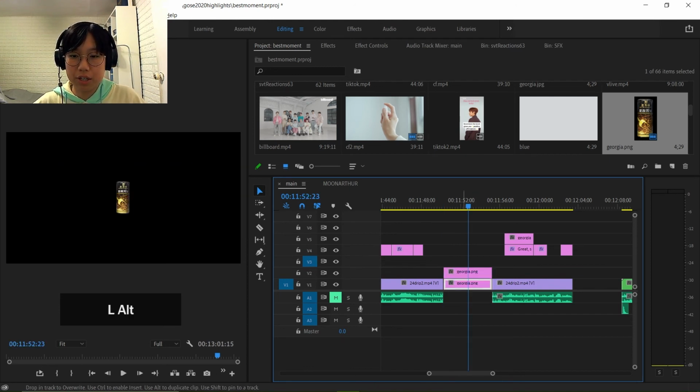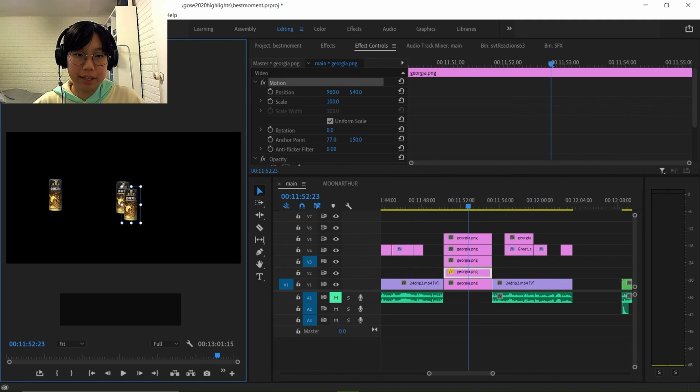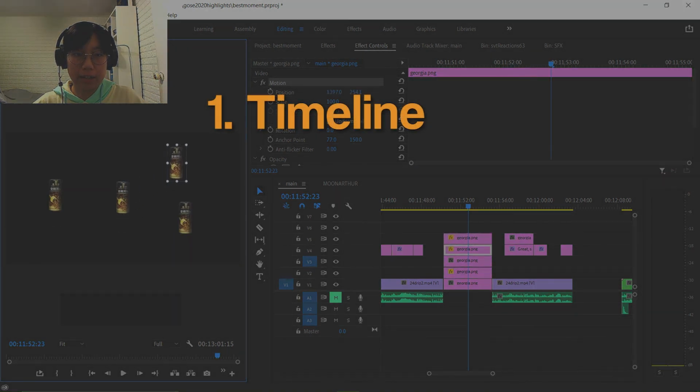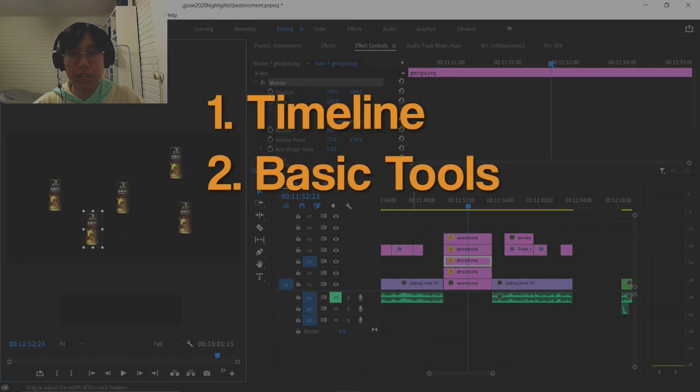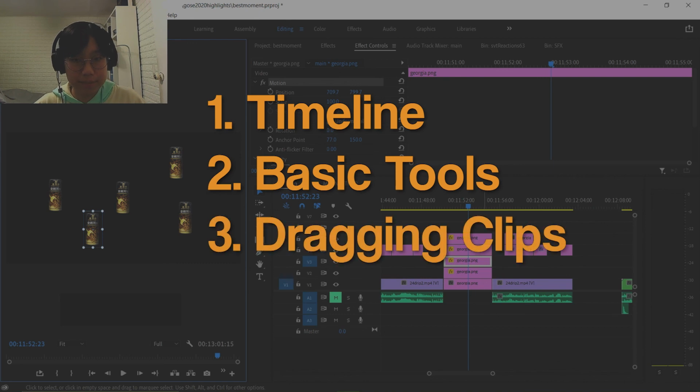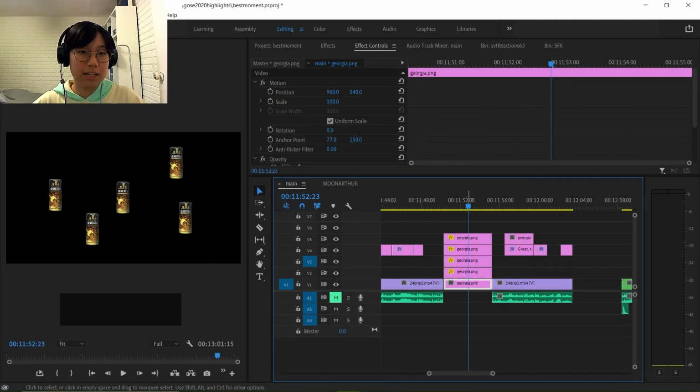So this was my introduction to keyboard shortcuts, and I showed you 3 categories of shortcuts that I use on the regular. We went over how I navigate the timeline, and how I switch between different tools, and then how I drag clips on the timeline. I hope you found at least one shortcut that you'd like to add to your collection.